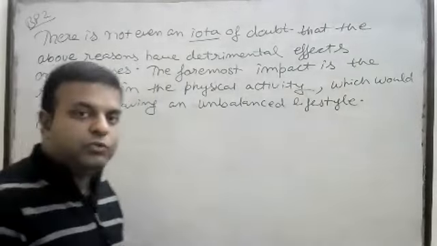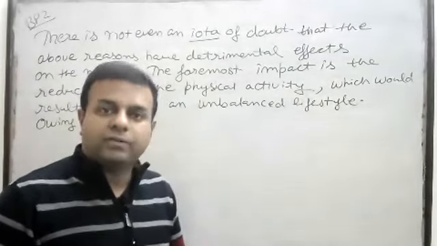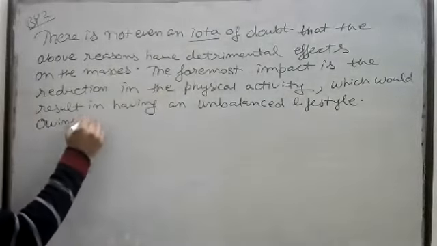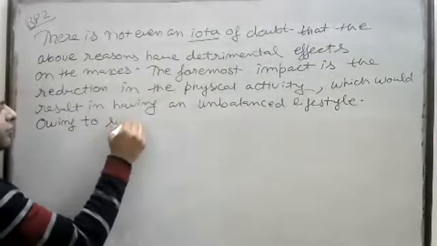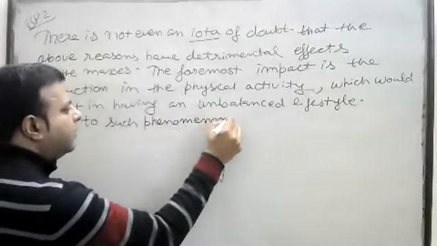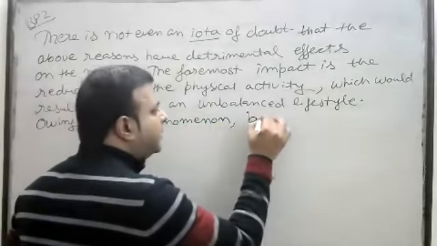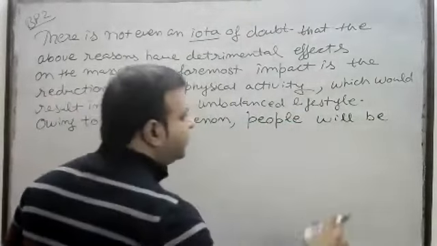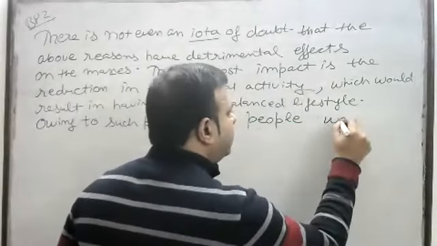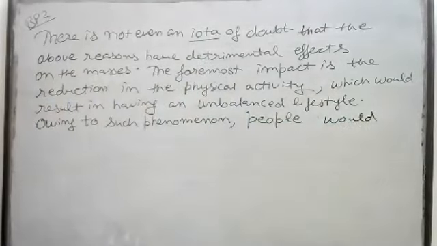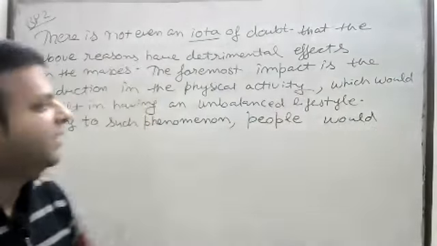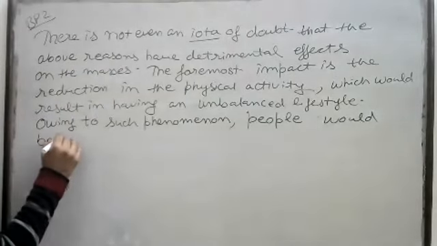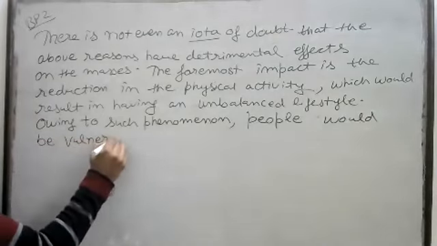Instead of "due to", because I have already used "due to", there are other grammatical structures you can use: owing to, thanks to, because of. But since we can't start with "because of" after a full stop, let's start with owing. So owing to such phenomenon, what will happen, right? People will be, or let's not use "will" because we can't be 100% sure. People would, right? So that's basically the use of an appropriate modal verb, because you can't be 100% sure that they will be having some kind of negative effect. So owing to such phenomenon, people would be, let's say, prone, so vulnerable to